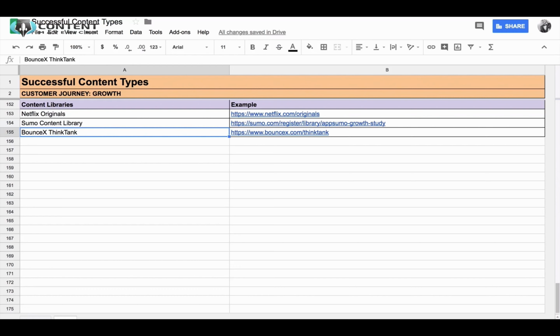The third example is the BounceX Think Tank. What's great about this content library is that all the guides, case studies, and webcasts are available to the public in return for filling out a lead form. However, BounceX primarily uses the content as a way to retain their customers. It's a great alternative to a blog, but instead of chasing after organic traffic, BounceX focuses on using their content to maintain high customer retention rates